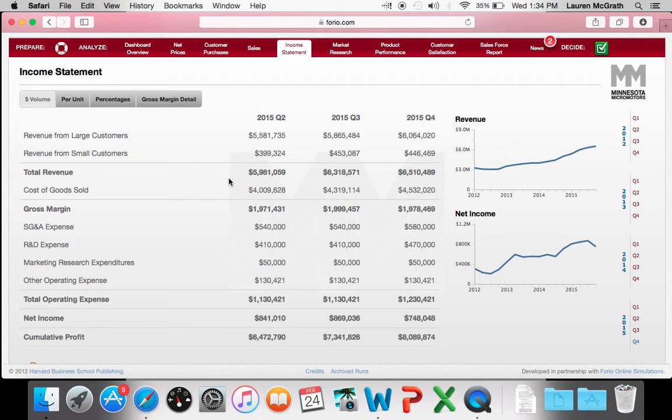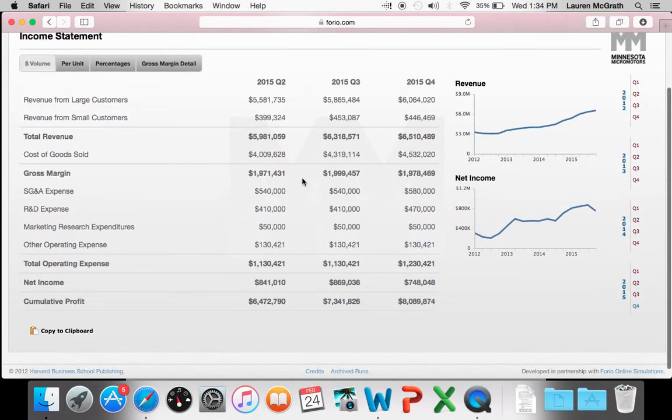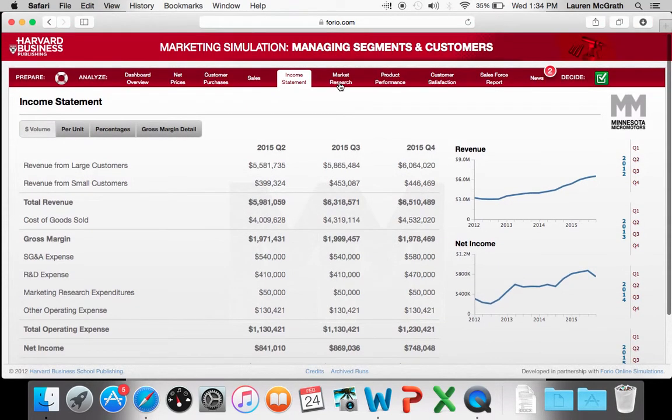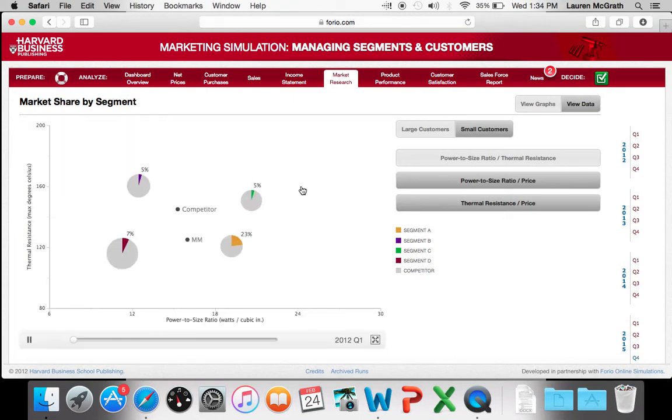The profit margin here was very, very important. You can see from the revenues from our large customers, our small customers, how much we made there, but then the cost of goods sold. So our gross margin coming down, being good overall, the cumulative profit with that net income coming to $8 million. So moving on to market research, this was really important because we